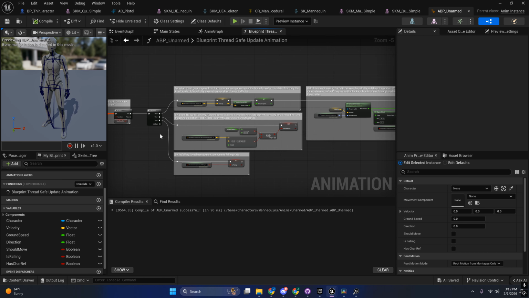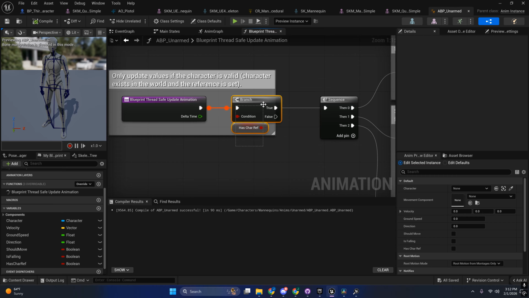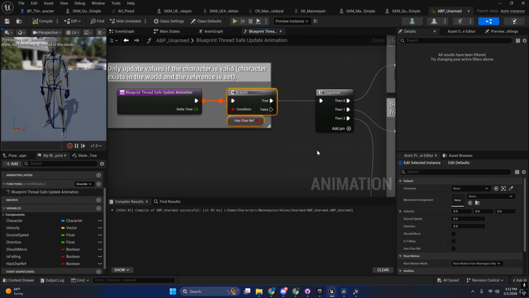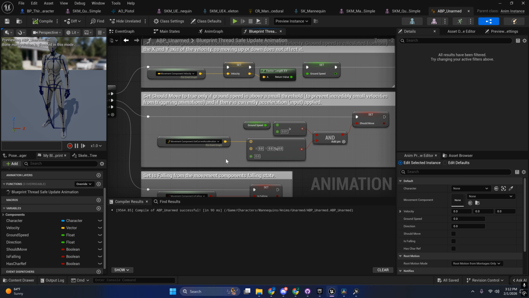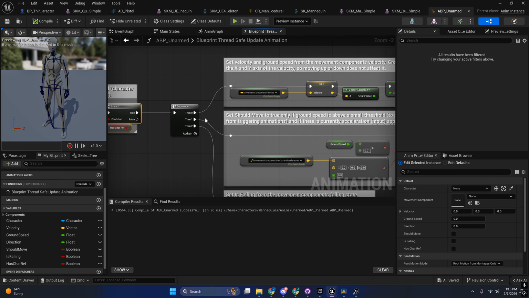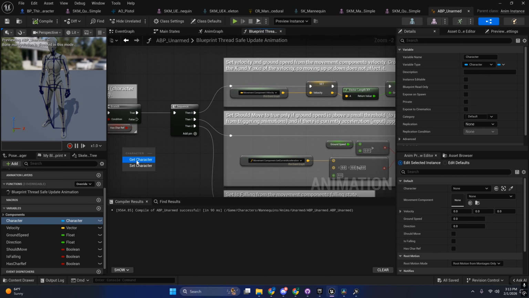And then over here on my thread safe, I'm only executing this logic if that character reference is valid. And then you'll see that I have to use a property access to grab values from third parties, because you can't, if I say get this here,